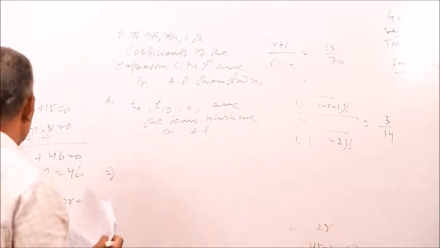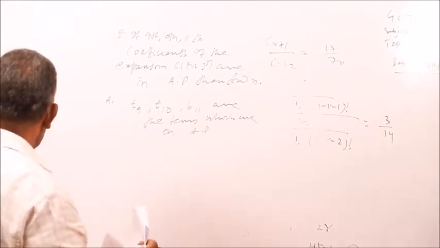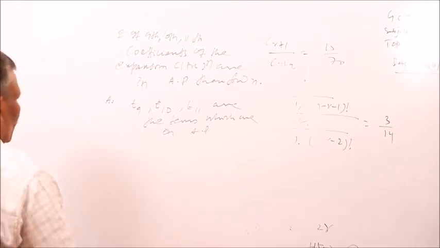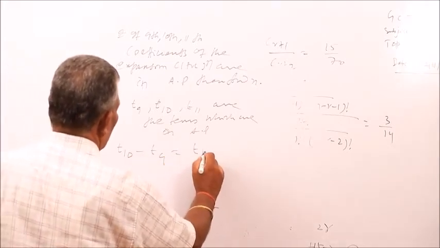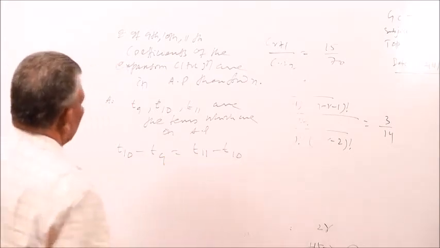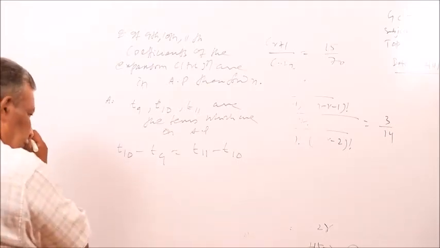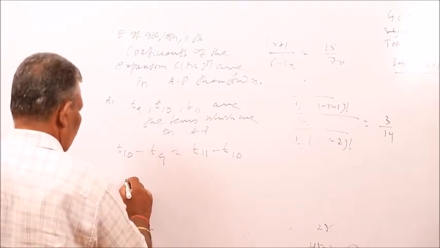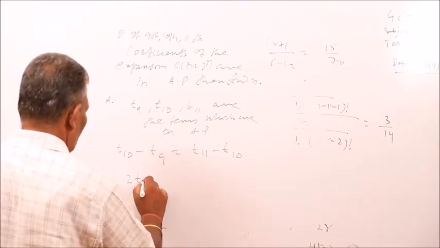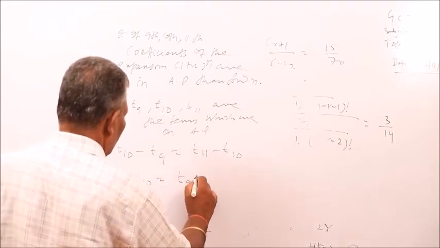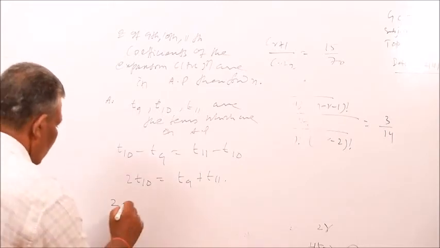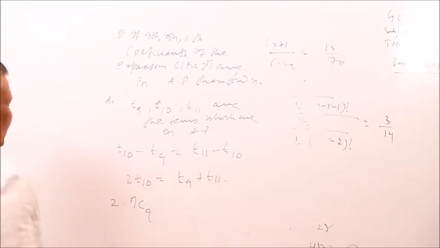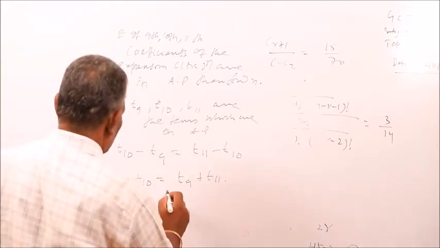That implies T10 minus T9 equal to T11 minus T10. That means 2 T10 equals to T9 plus T11. That is 2 into NC9 equals to